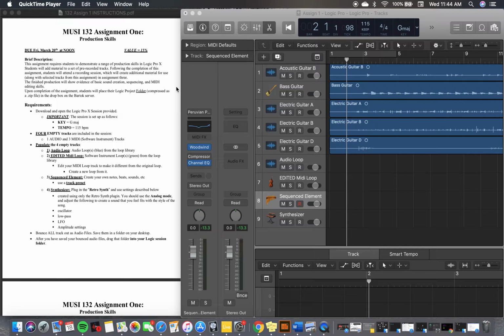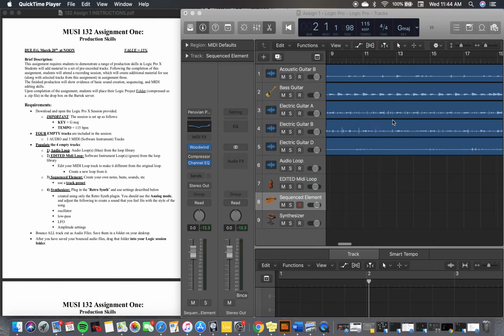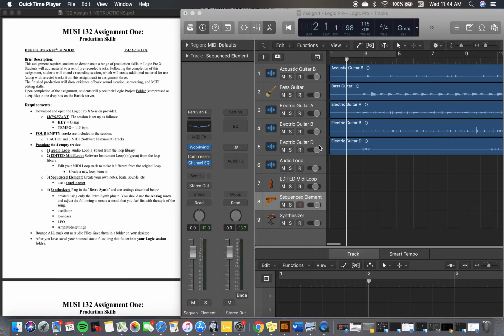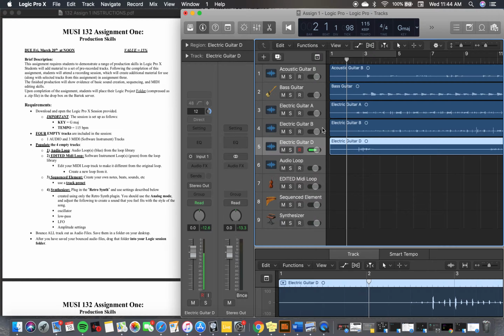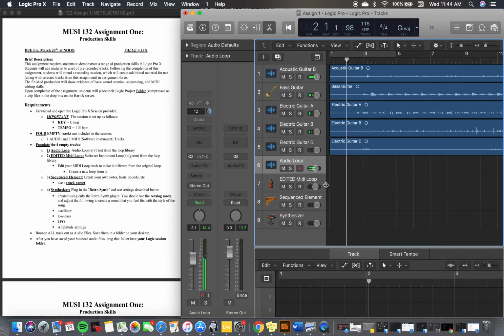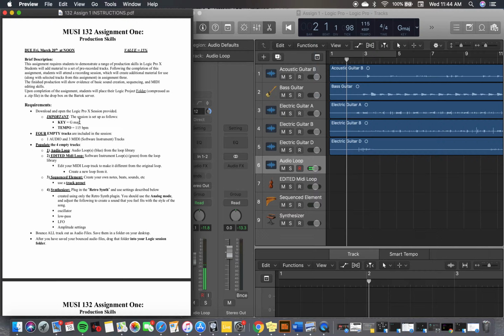Okay, so this assignment is based on this set of tracks, basically. What they want you to do is not so much change these audio tracks that already exist, but add things to them. As you can see over here in your assignment instructions, the important stuff is that it's in G major and 115 BPM. So the stuff that you add will also have to be in G major